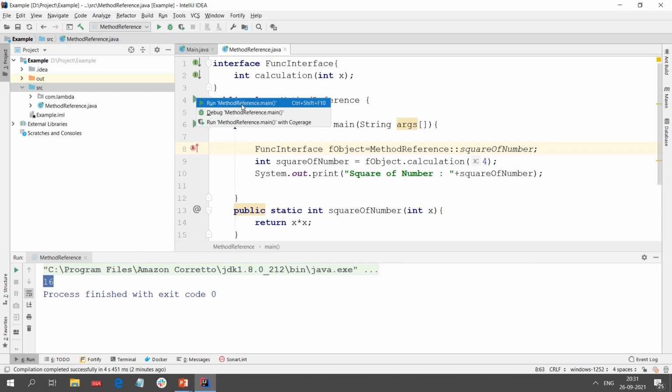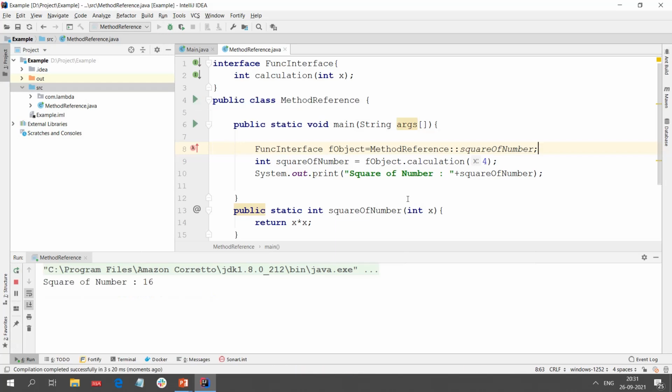Let me run it. So here we go, the square of number and the value.